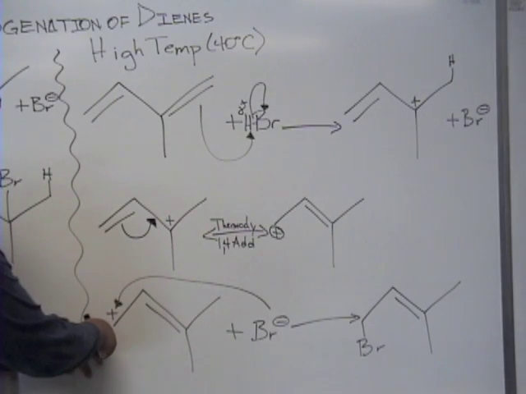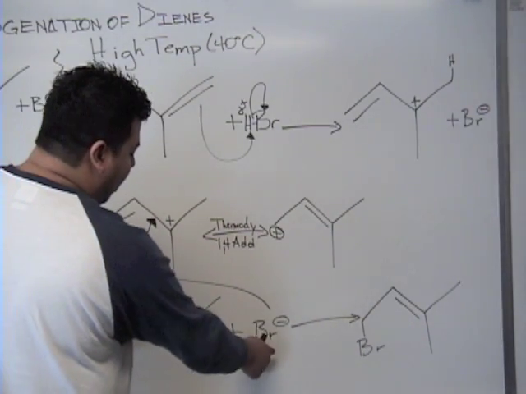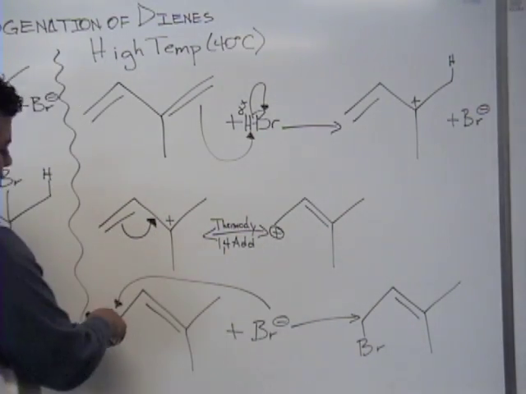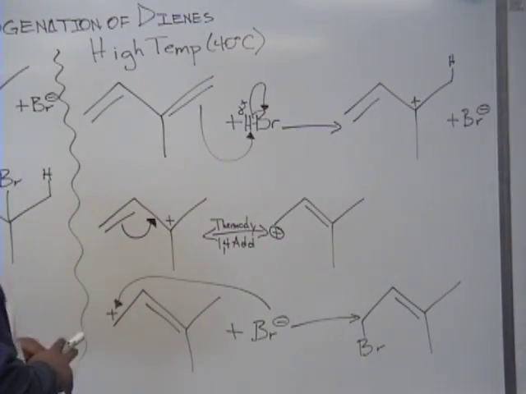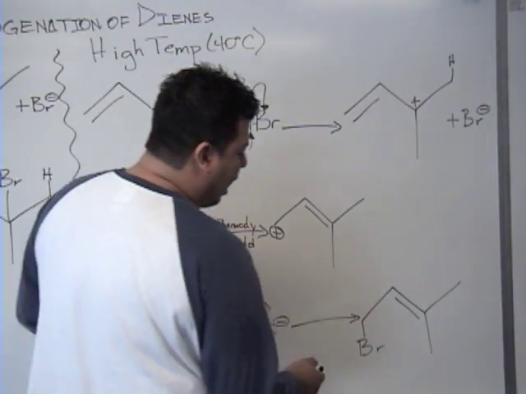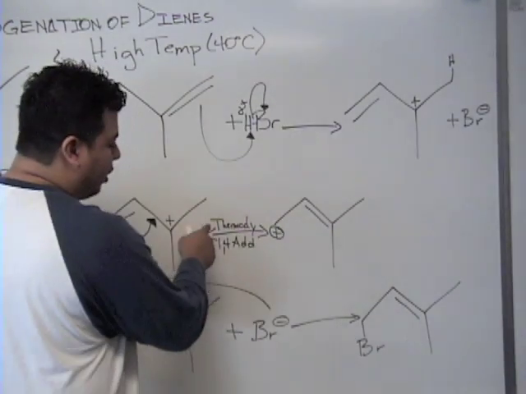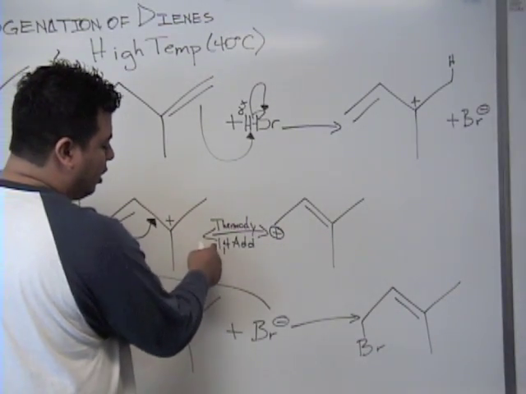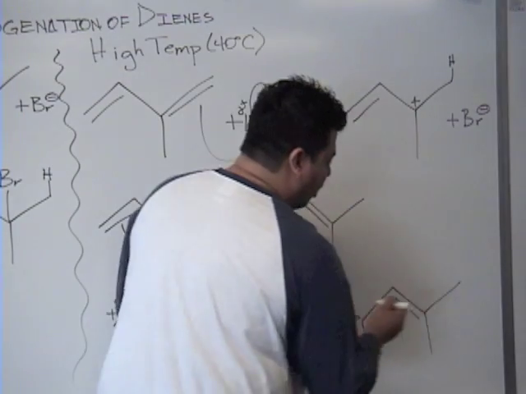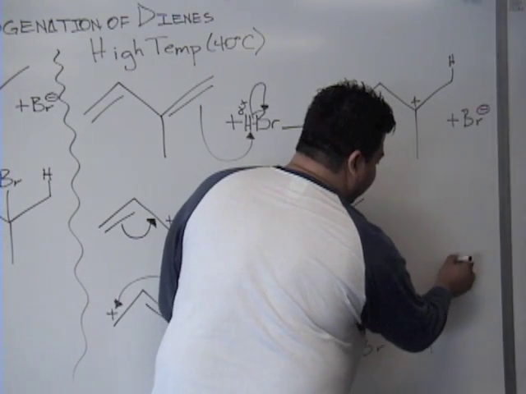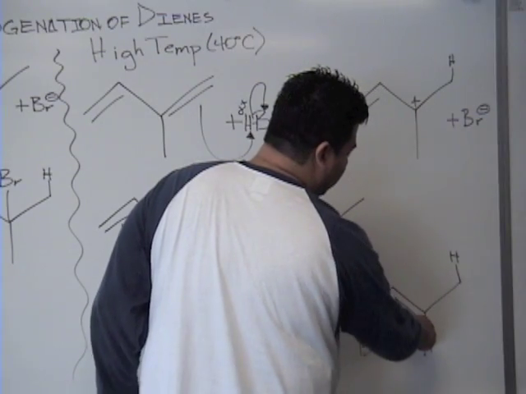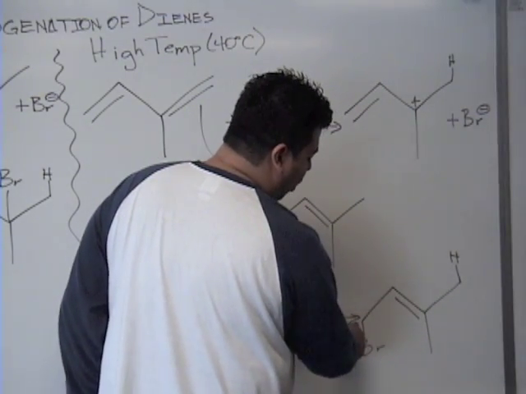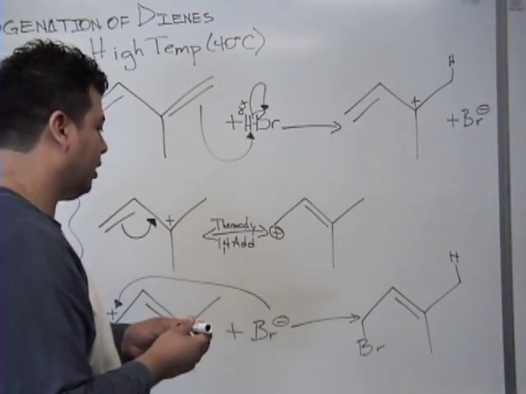So I have my positive center right here. I have my negative Br, which is going to attack the positive, and you get this one. So in this case, what we got was a thermodynamic product and a 1,4 addition. You have your hydrogen right here, which is the first addition. So if you count this one as your carbon 1, 2, 3, 4, in the fourth carbon you get the